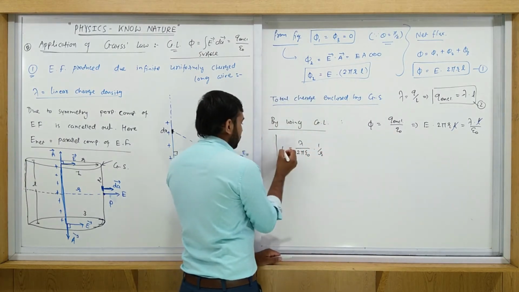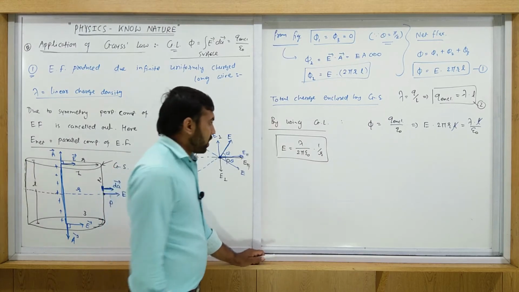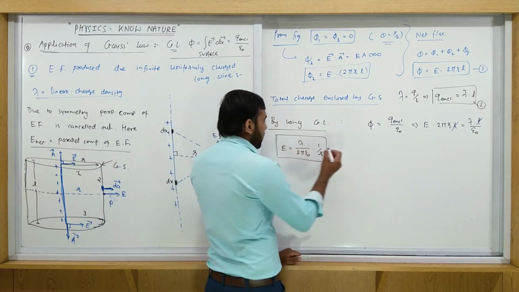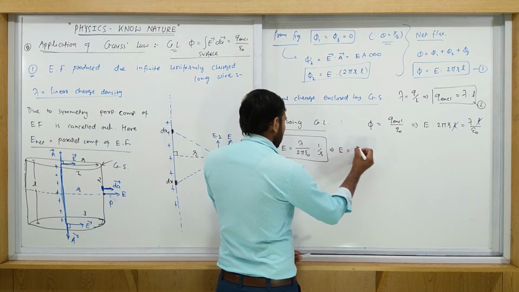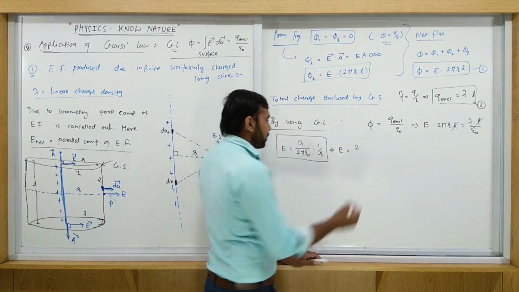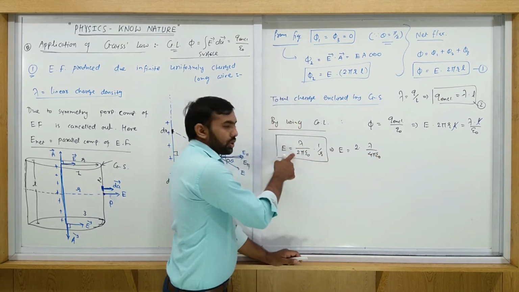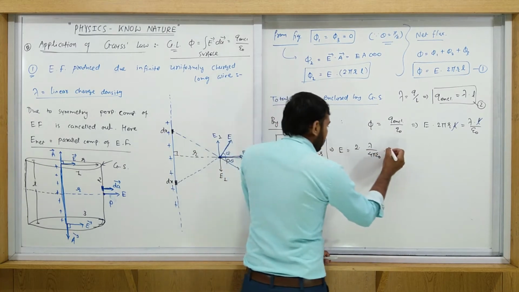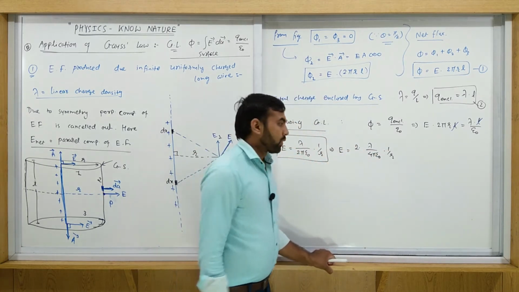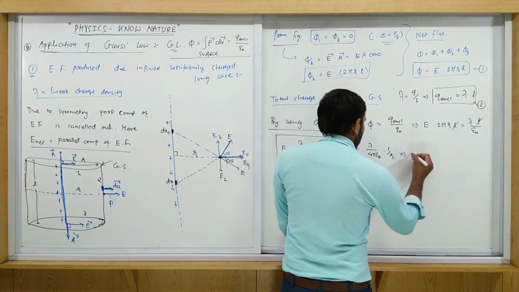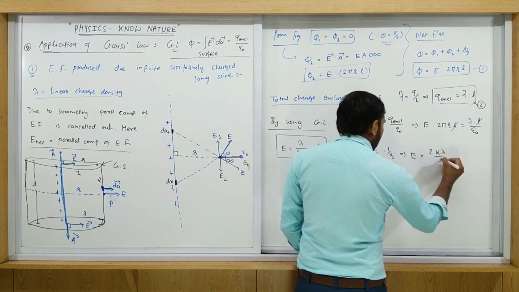E is equal to. Okay. Now just rearrange some terms. You multiply by 2 and divide by 2. So your answer is what? E is equal to 2 lambda upon 4 pi epsilon naught R. So 2 into 2, 4 into 1 upon R, 1 upon 4 pi epsilon naught. That's K. So what is the answer? The electric field due to a long wire is equal to 2K lambda upon R.